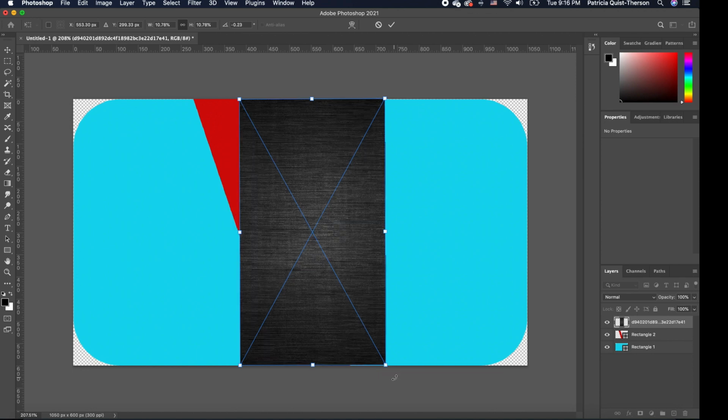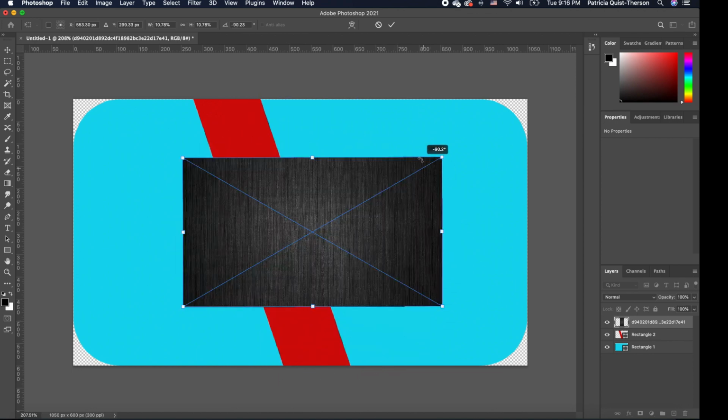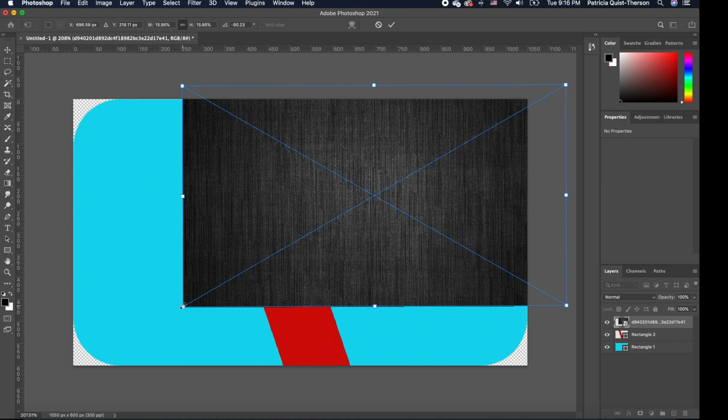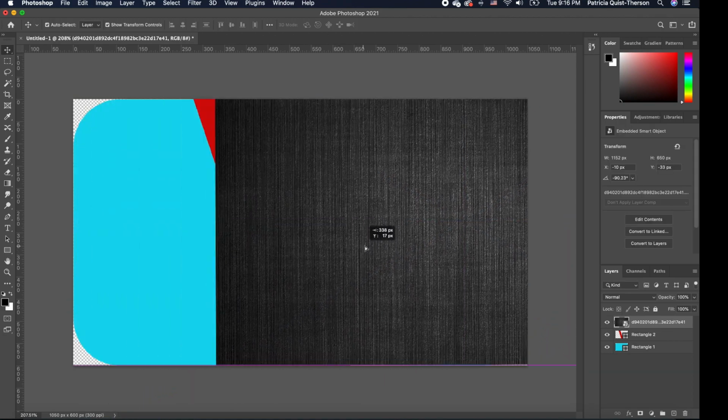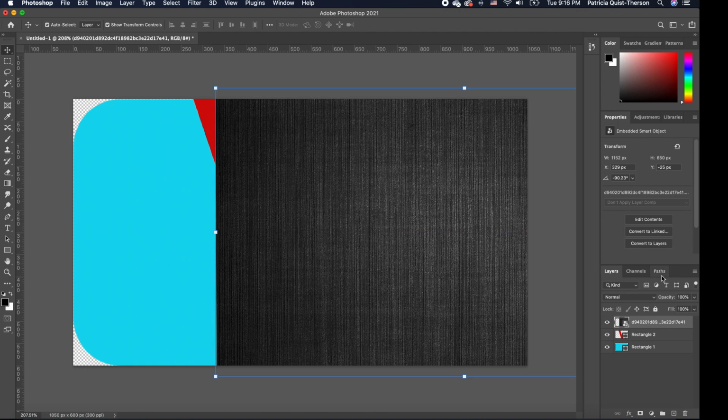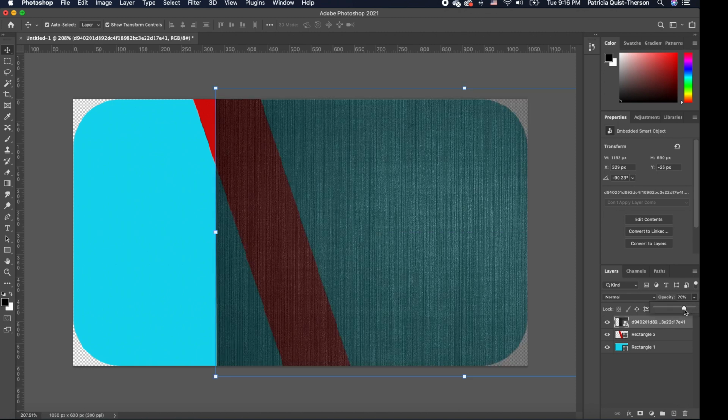So I'm going to hold down my shift so when I rotate, I get it in 90 degrees. I'm going to double click to accept and I'm just going to go ahead and scale it like this. Double click and move it halfway. I'm going to take the opacity down so I can see where it is. As a matter of fact, I want to put it under, but before I do that, I want to cut